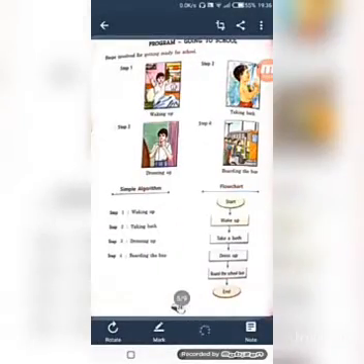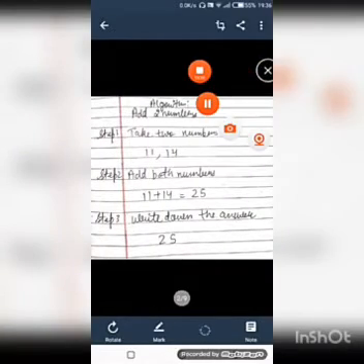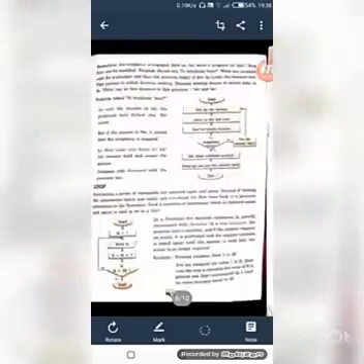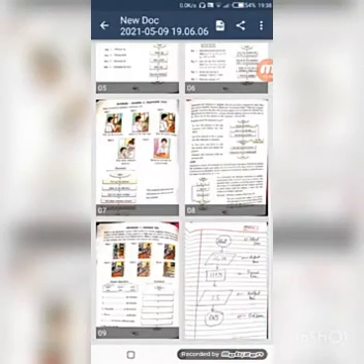So now we are going to make a flow chart for the same algorithm. See, this is the flow chart for our program. This is the algorithm, the step-by-step process in English. First of all we have taken two numbers, 11 and 14. Then we add both the numbers and in the end we write down the answer.